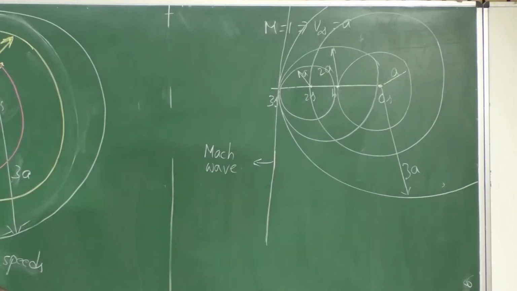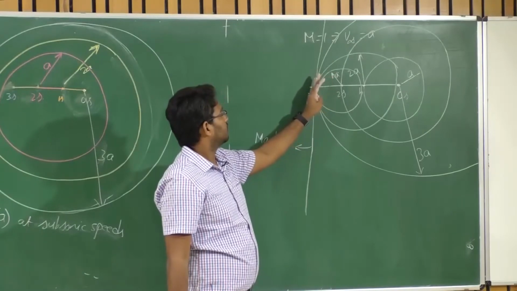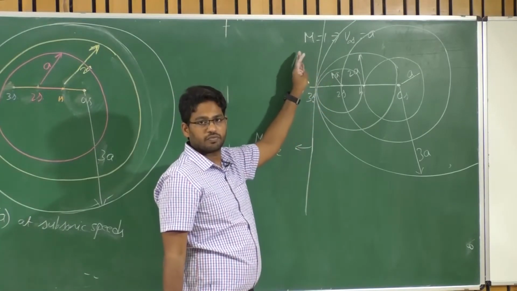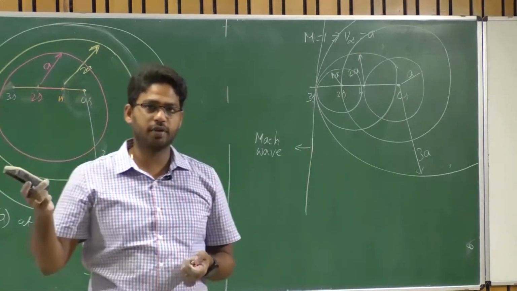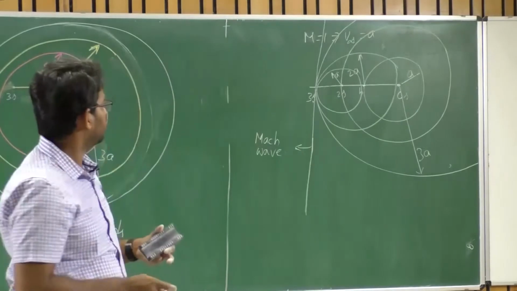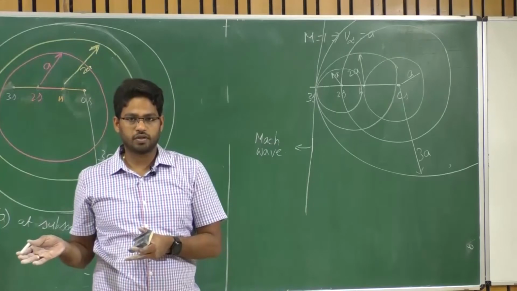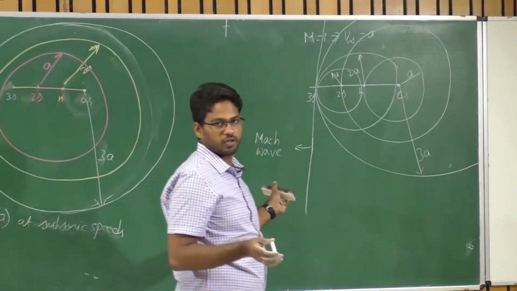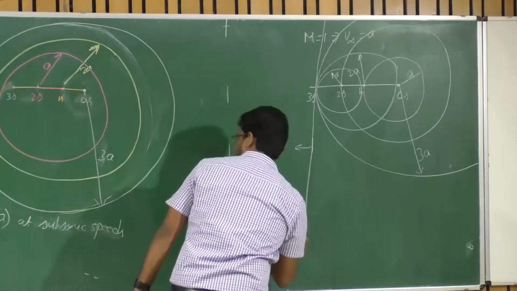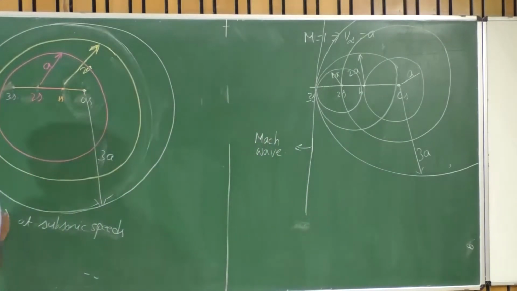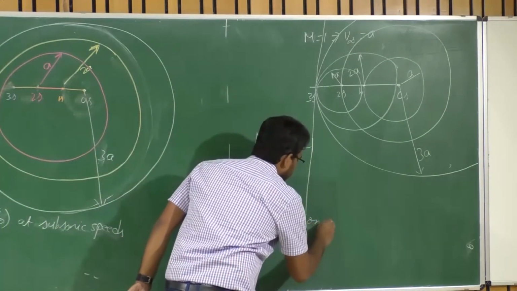So that Mach wave will create a lot of changes to the free stream in terms of pressure. There will be a huge pressure increase as well as temperature and also the density. And downstream of this Mach wave, what we have is a decrease in velocity, right, compared to that of upstream velocity. Okay. Now let us consider, so this is at sonic speeds. So let us say this is A, B, and let us say C is at sonic speed.